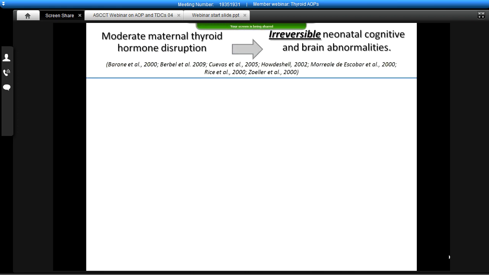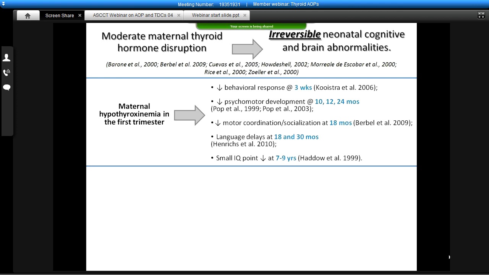significant and persistent. So it's well accepted in the literature that moderate subclinical decreases in maternal thyroxine on the order of a 20 to 25% change in thyroxine, independent of a TSH or T3 (triiodothyronine) change, yield irreversible cognitive and brain abnormalities in children. This correlative linkage in humans has been defined using epidemiological studies to demonstrate that moderately decreased